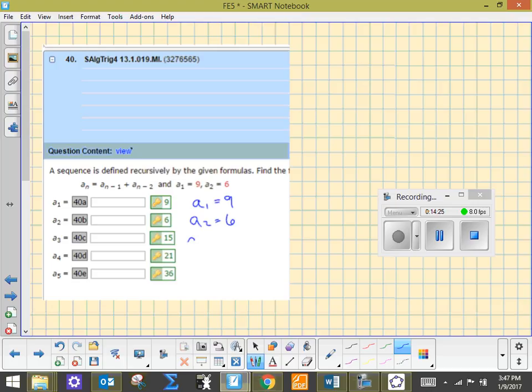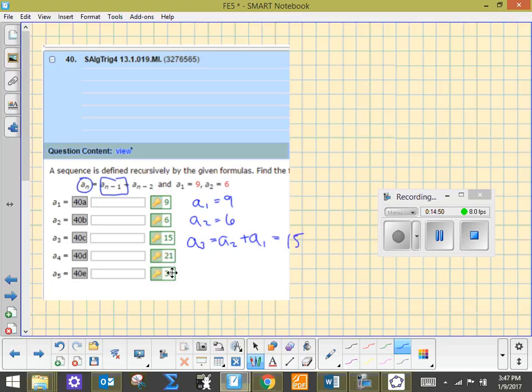Now a sub 3, okay, so we're going to say this here is a sub 3, should equal a sub n minus 1. Well, n is 3, so we're looking at a sub 2 right there, plus then a sub n minus 2. Well, n again in this case was 3, so subtract 2, gives me 1, so a sub 1. So now a sub 3 is a sub 2 plus a sub 1,